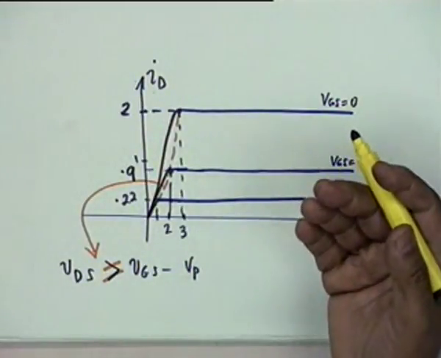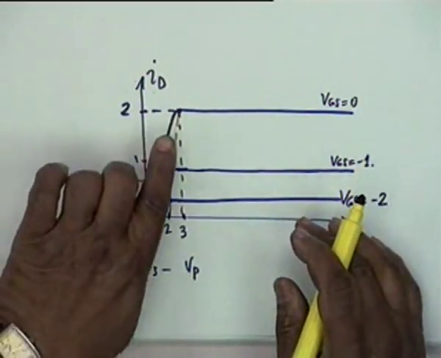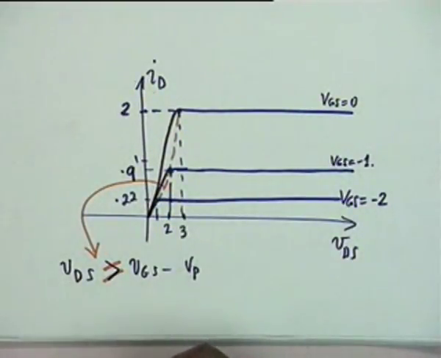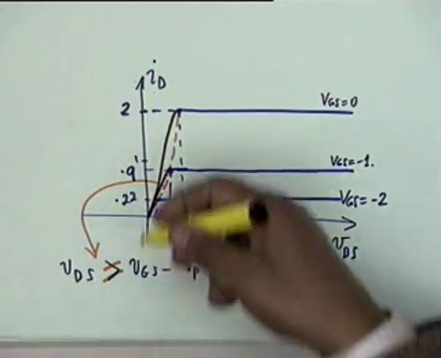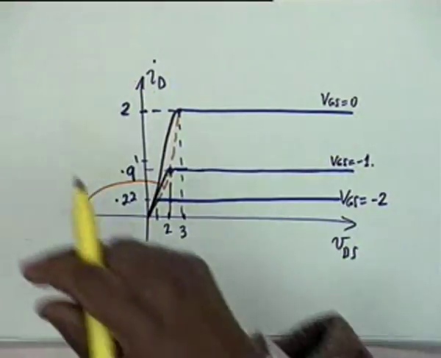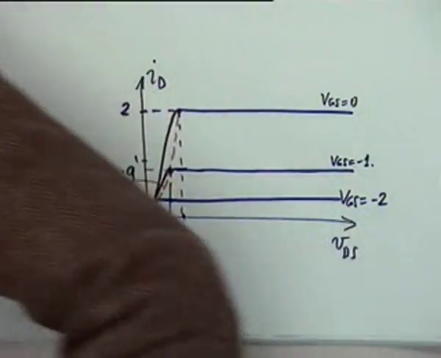not operating in this region either, we will operate only in the saturation region that is beyond this red curve, and therefore this part is of least interest to us. We can approximate it by a straight line or a freehand line, okay, that is good enough. Now the total characteristic I will now show